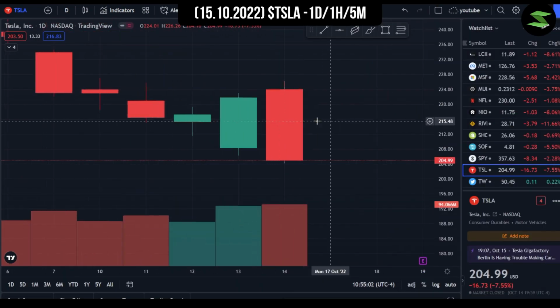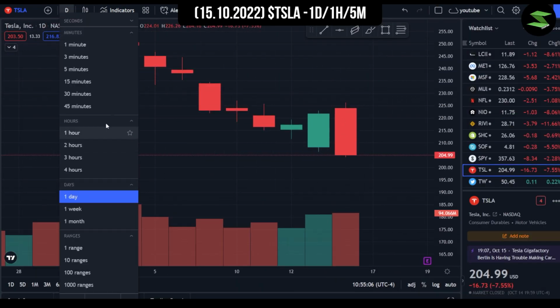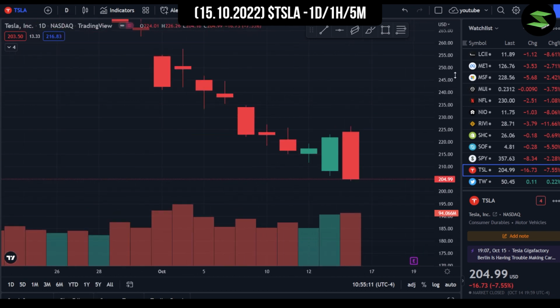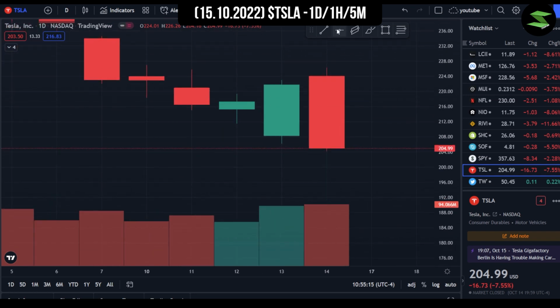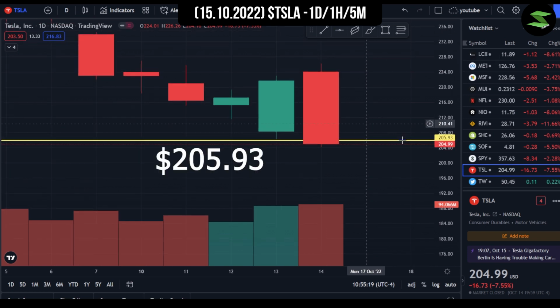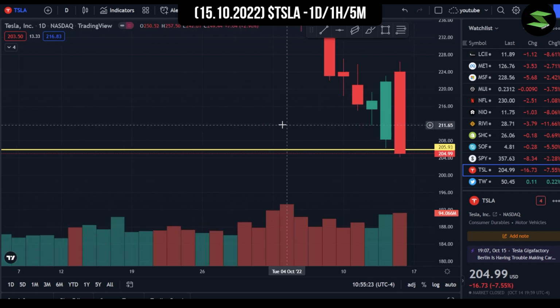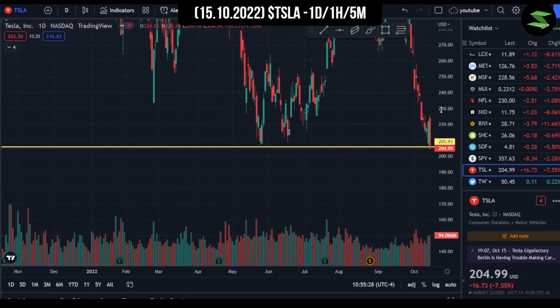As you guys can see right here, we're now in the 1-day chart for Tesla, and of course, we'll first analyze the 1-day chart, then the 1-hour chart, and to end it off, we'll get to the 5-minute chart. But right off the bat, I won't waste any of your time. We clearly saw that the Tesla stock has broken the important $206 support range over here. I gave you guys this level in my previous video, and even Bank of America reiterated that level, saying that after $206, the next support lies straight